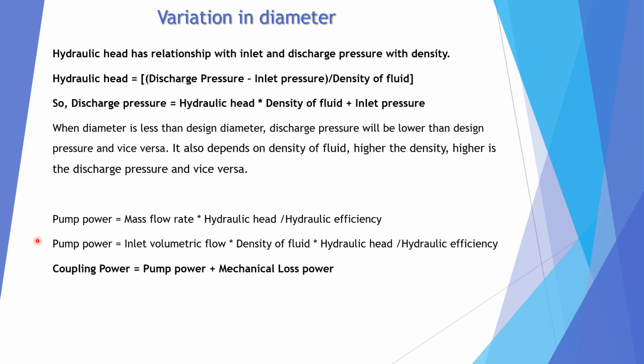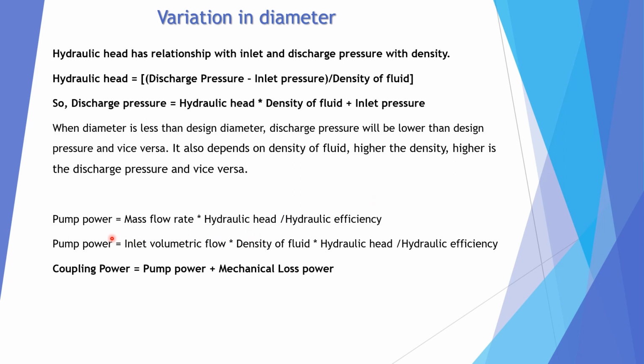So hydraulic head has a relationship with inlet and discharge pressure with density. So same way we can write discharge pressure is equal to hydraulic head into density of fluid plus inlet pressure. So when diameter is less than the design diameter, discharge pressure will be lower than design pressure and vice versa. It also depends on density of the fluid because density is multiplied, higher the density, higher the discharge pressure